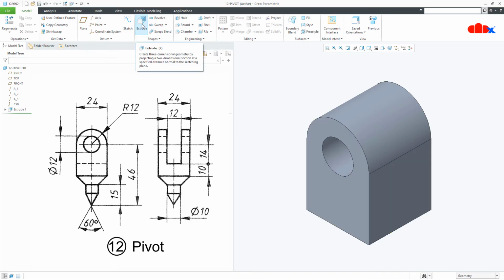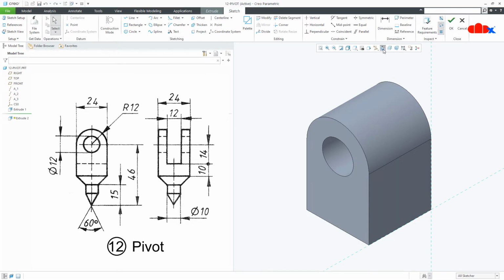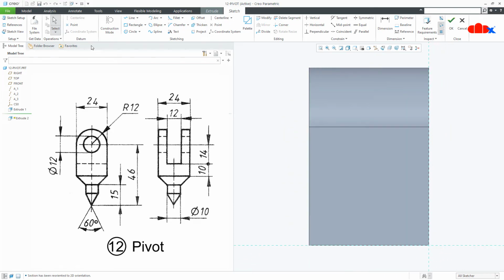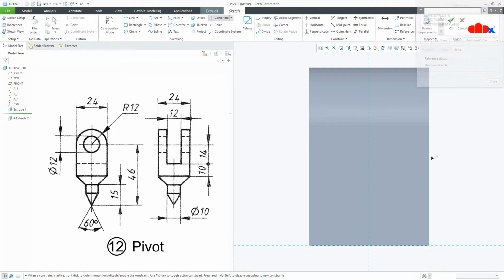Now once again go to extrude, select this face, normal. Go for reference, switch on the datum plane and select this as a reference. Draw center line, just like this.